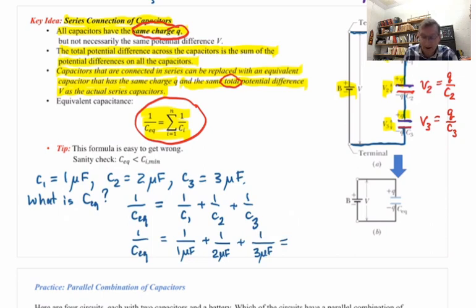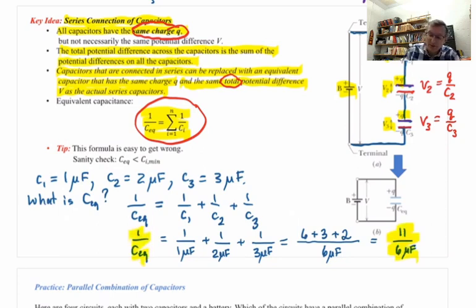And you could just do that on your calculator, but in this particular case, it's not hard to add those as fractions, where the common denominator would be 6 microfarads. Then the first numerator has a factor of 6, and the second numerator has a factor of 3, and the third numerator has a factor of 2. That's 11 over 6. Notice where the units are, downstairs, because what this number is here is 1 over C